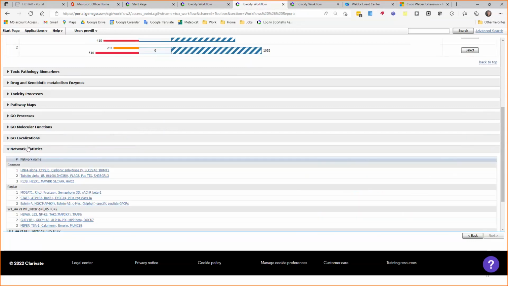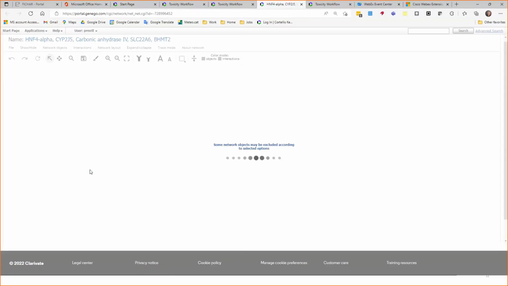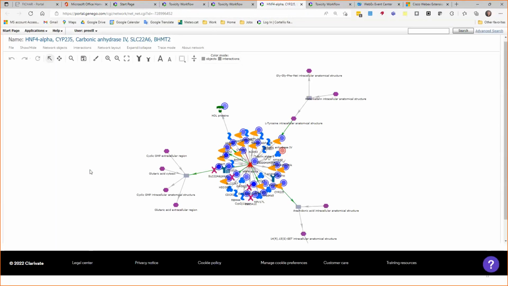Now, I want to come through to networks because I think this is a really neat analysis here. So what we're looking at with a network, what I've done is I've selected one of the networks that represents the genes that are common for all three genotypes. So this is irrespective of p53 status. And what you can see, this network is built on the fly using those 3 million interactions that are in the database and using those 762 genes as a seed. And it's built this set of highly